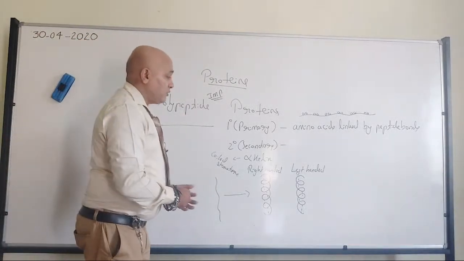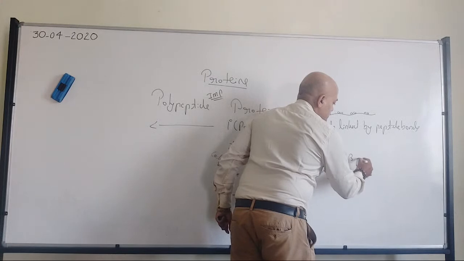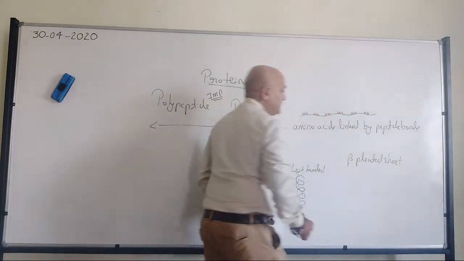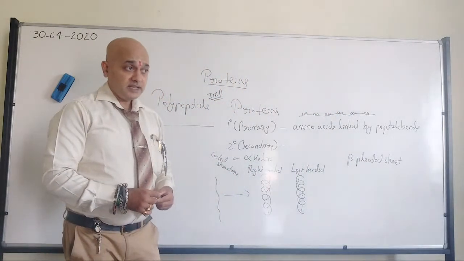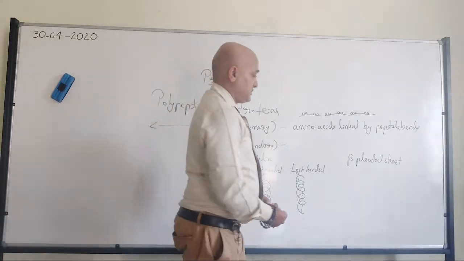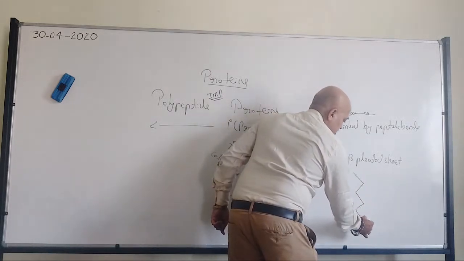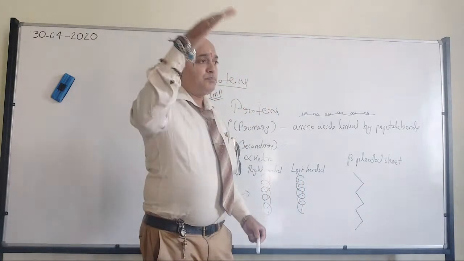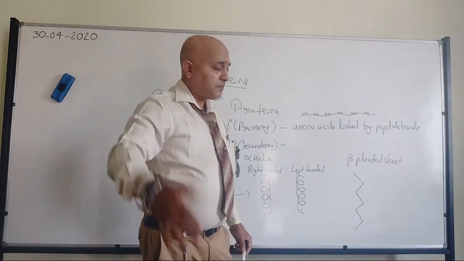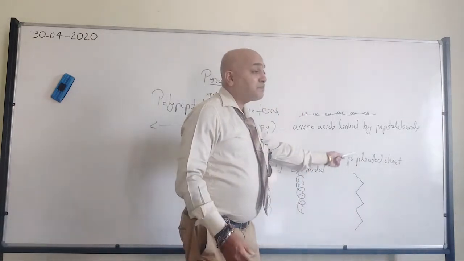Fine. Now, another example for secondary structure is the beta pleated sheet. Is it there in your syllabus? Okay, now. So alpha helical structure, beta pleated sheet. Now pleated means like this. It's like a sheet which is present on the building top. They will put a cement sheet, right? So it will be like this pattern only, wavy type. But not exactly wavy, there will be sharp ends. So that's why they are called pleated.